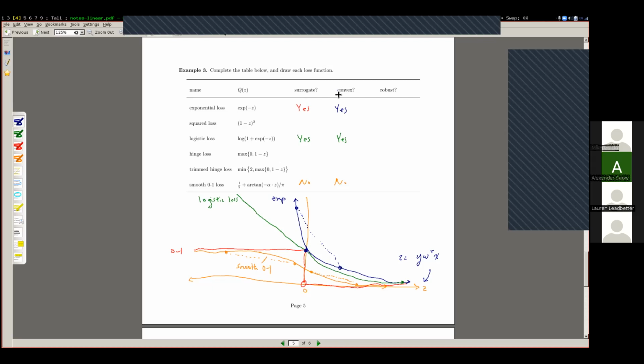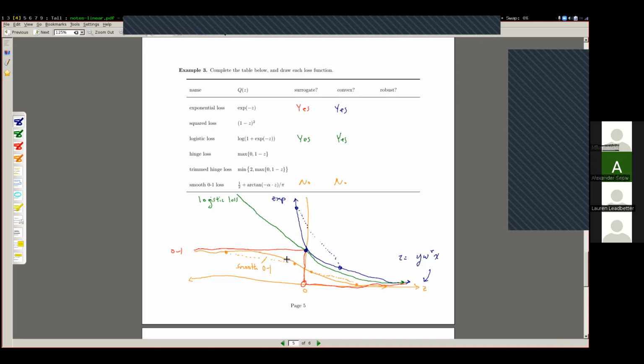The second property is the convexity of loss functions. And here, this blue line, the exponential loss, is convex because anywhere you connect 2 points on the line, the connection line, this dotted line right here, is always above the actual blue line itself. Logistic loss is also convex, but this smooth 0-1 loss is not convex because we could find 2 points where the line between them lies below the